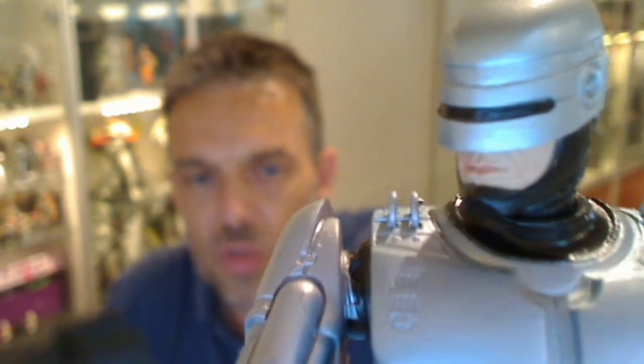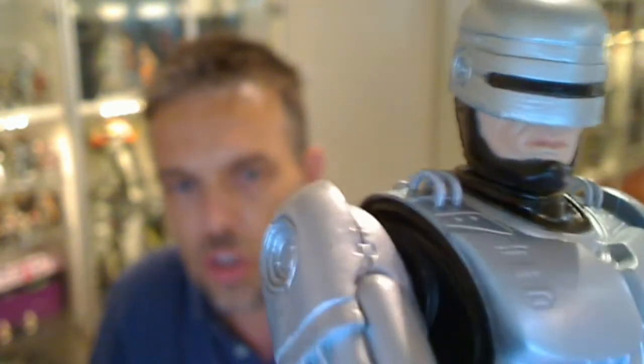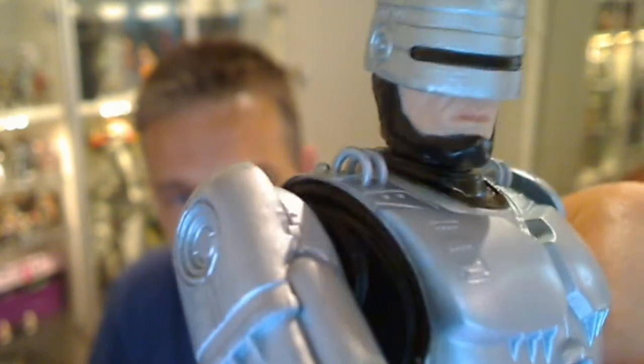That really is on the money, I think, for Peter Weller there. Really good detail on that. And you'll know what I mean in the difference when you see the new figures for Robocop from the new movie just coming out here next week. They literally don't have a mouth on them. They're really poorly painted. So we're going to have some fun and look at that when we compare it to